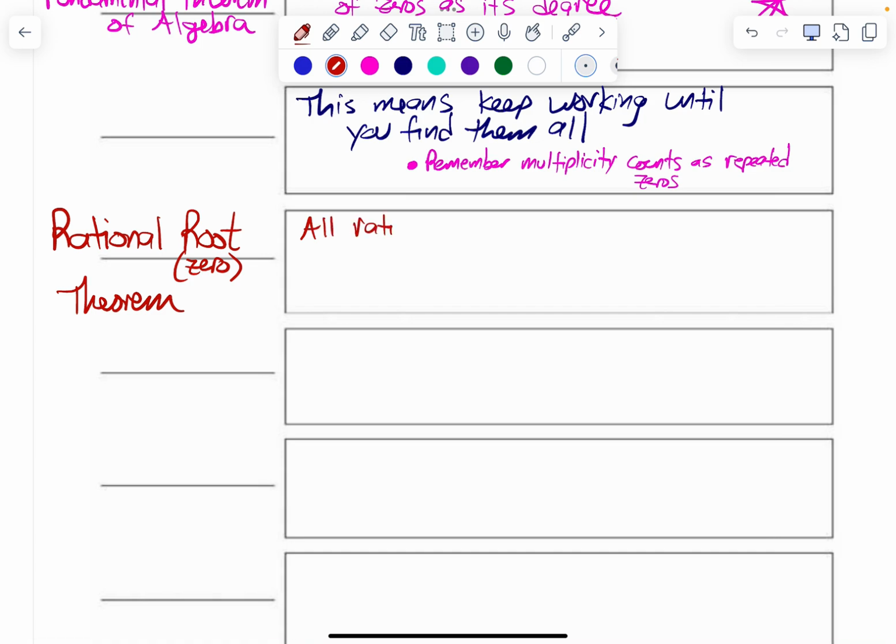All rational, so this is real whole numbers or fractions. That's what it means by rational. So all rational zeros of a polynomial